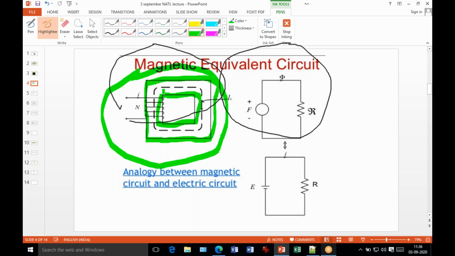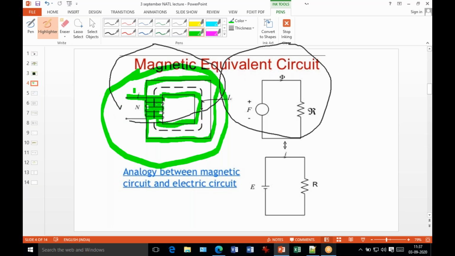Our agenda is how to design the magnetic circuits. So two cores are available, one outside and one inside. What you are doing is applying the wire. It is the round type, because here the two windings are available. Then you put the wire like a round in this shape. This is a round type.